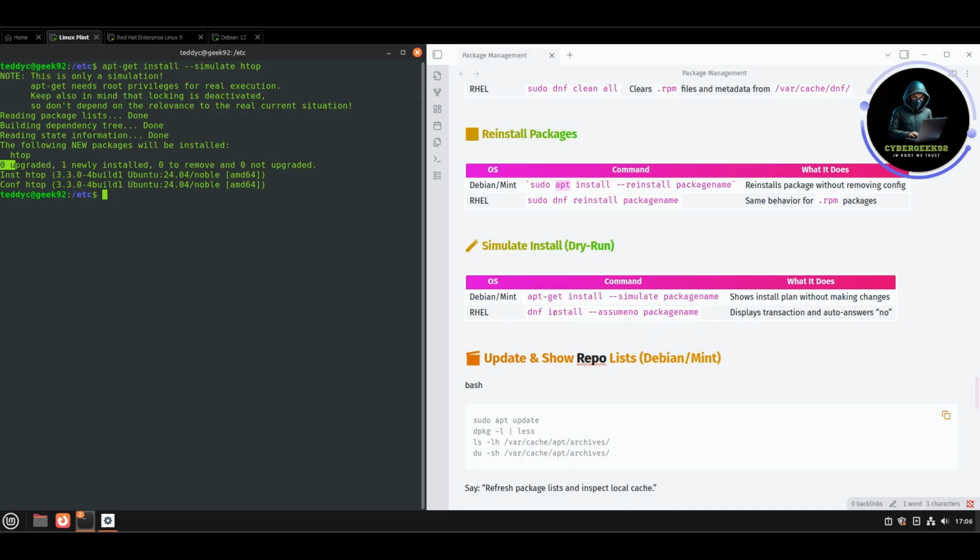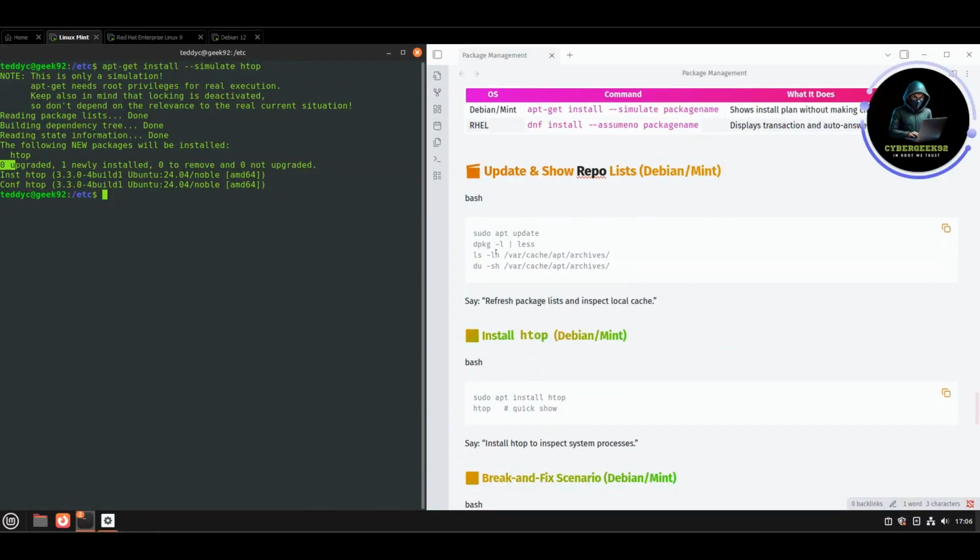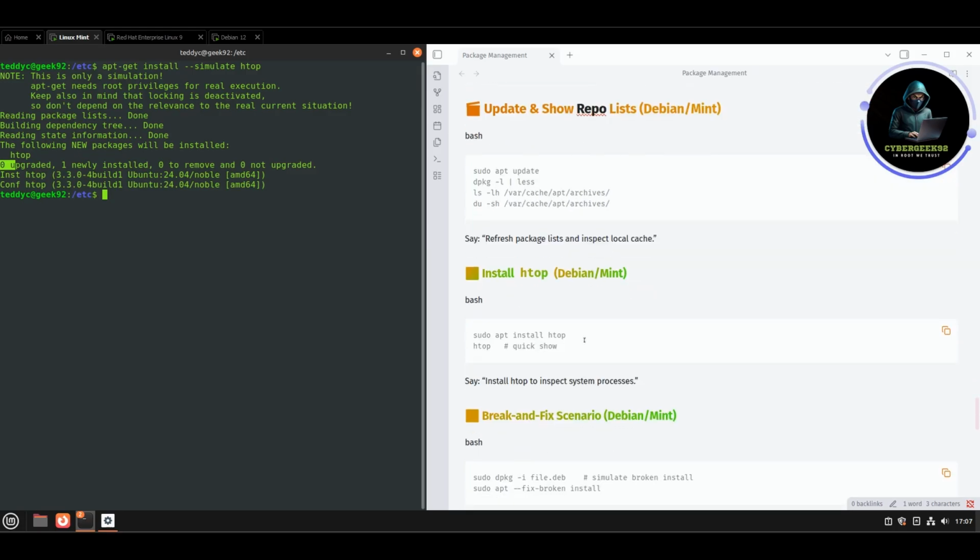We can also use dnf install with the --assumeno option and the package name to display the transaction and auto-insert no. Yeah, I've done all of these throughout this video, with sudo apt update to update the list of repos, checking out the list of packages installed with the .deb archive file. We did run sudo apt install htop to download it, and then I did show you guys how to